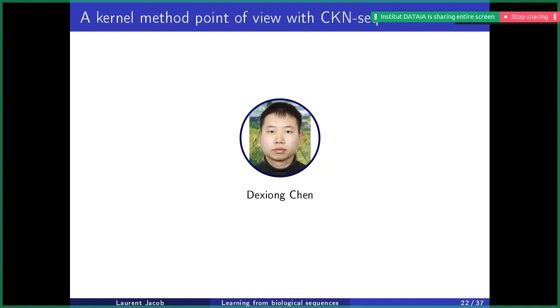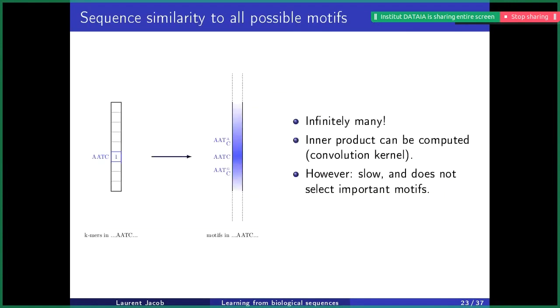The first contribution I'm going to talk about was done by Dexiong Chen during his PhD. It was a kernel method point of view of the CNN. One of the contributions was to connect these networks with what's called positive definite kernels. And so to try to understand this idea,